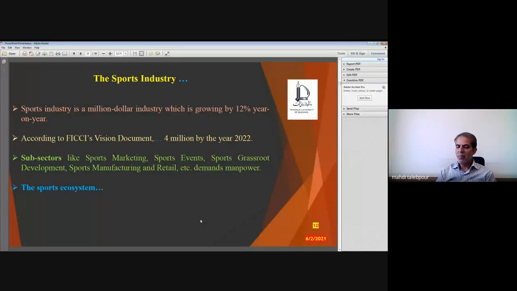The sport industry is growing by leaps and bounds, awaiting professionals to look after the business side of it. The sport industry is a $1 million industry, which is growing by 12% year on year. According to FICCI, an international association vision document, this industry would require a whopping human resource